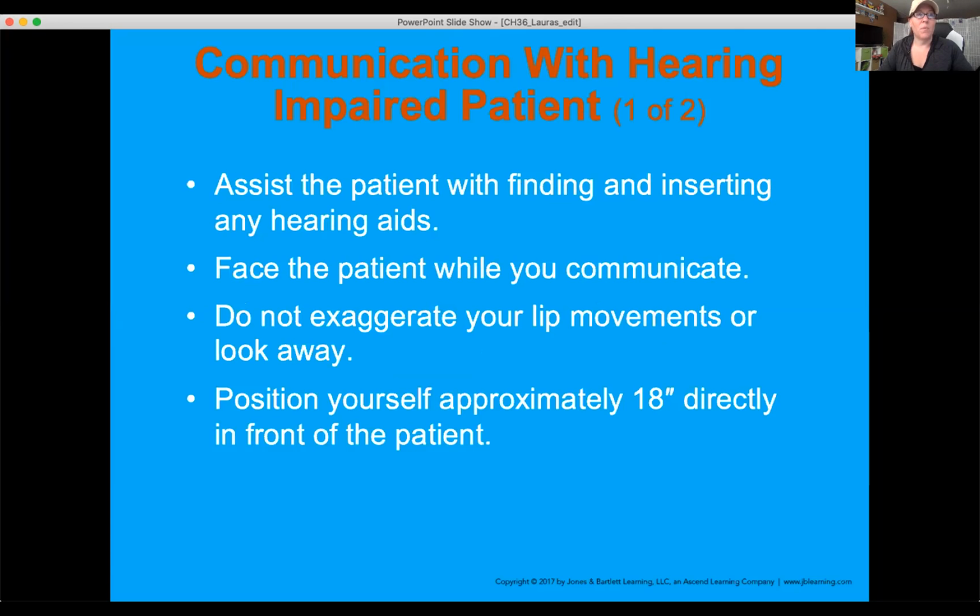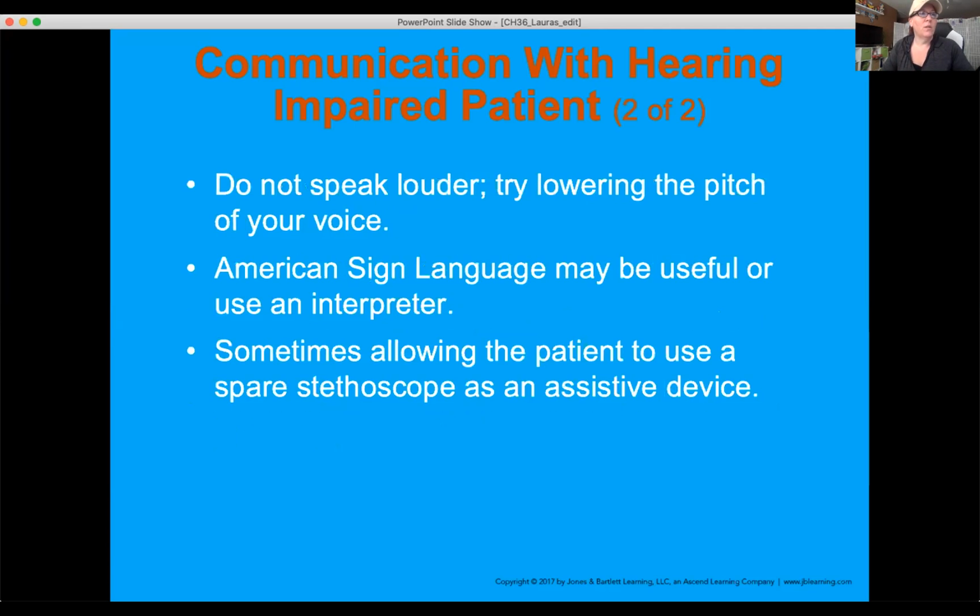Also, part of my documentation includes that the patient had their hearing aid in place, or their assistive devices, regardless of what they were, with them at the time of patient transfer to the hospital. That way, if things go missing, or they lose something, they can go back and figure out the last place it was seen and retrace steps to look for things like hearing aids, which are really expensive, or canes. That's always part of my documentation in my narrative.